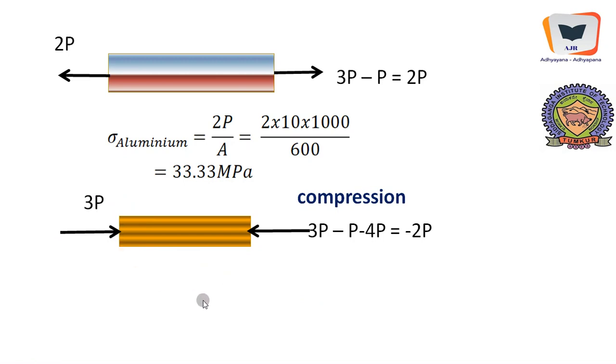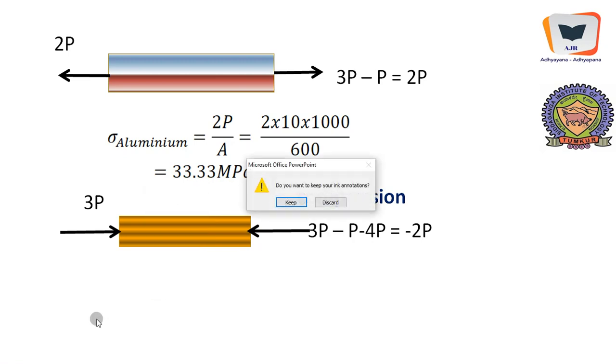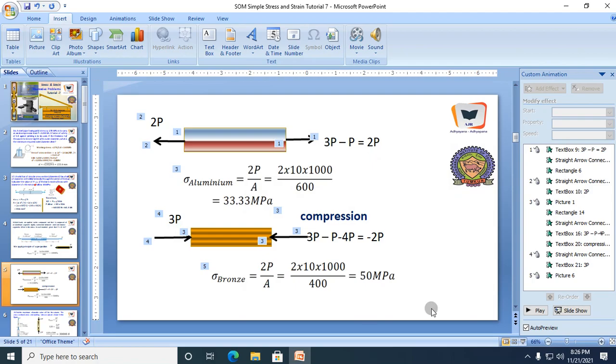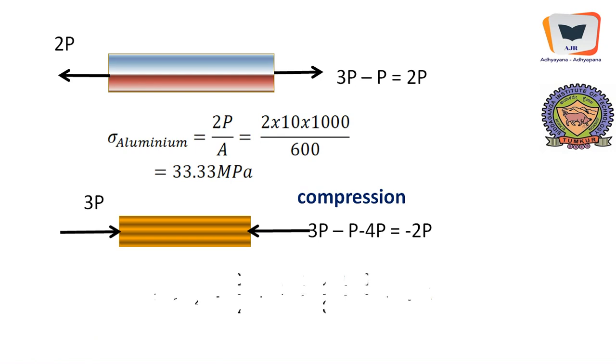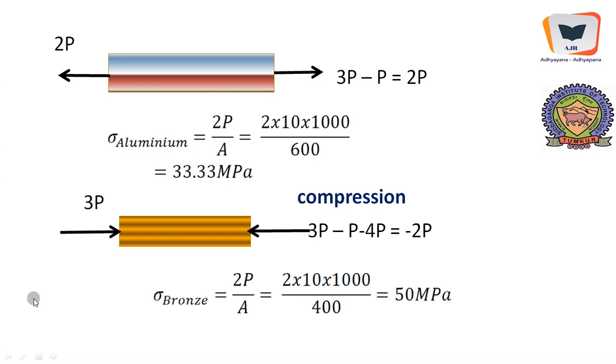It should be minus 4P, it should be 2P. Anyway, something wrong has gone over here. Yeah, we will just change that. Sorry, it should be 2P. Yeah, we'll make it 2P. Yeah, this is 2P,